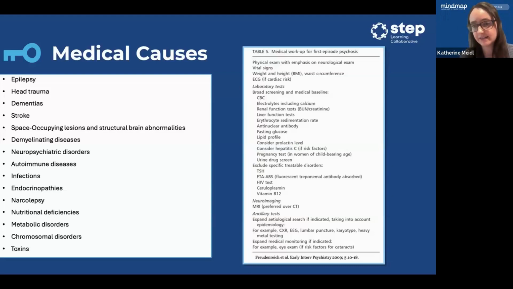And then some additional ancillary tests that you could consider, if needed and if indicated for your patient, would be things like an EEG or a lumbar puncture if you're really worried about seizures or an infection, karyotype screenings if you're worried about chromosomal or metabolic conditions, or heavy metal testing as well. So this is, again, a really big slide,